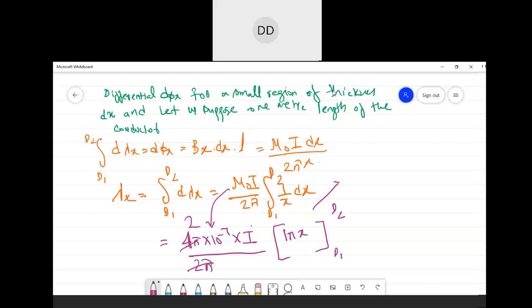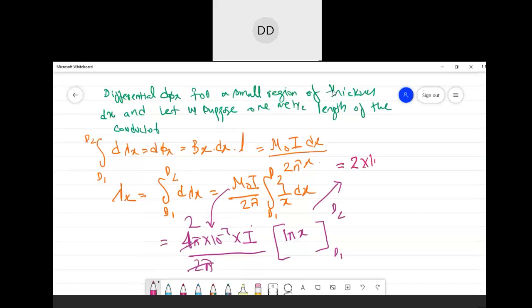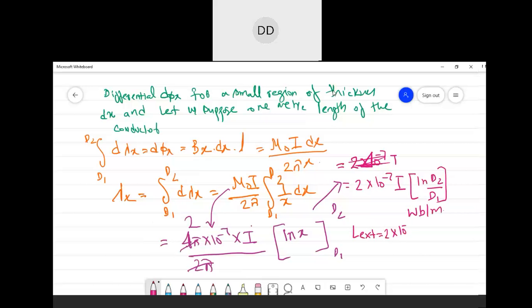Once we substitute this, we will arrive at another equation, and the final equation we get is 2 into 10 power minus 7 I ln of d2 by d1 Weber per meter. So this is the thing. So now we found out that our L external value is nothing but 2 into 10 power minus 7 I